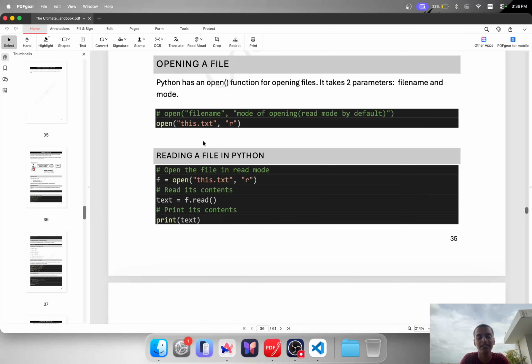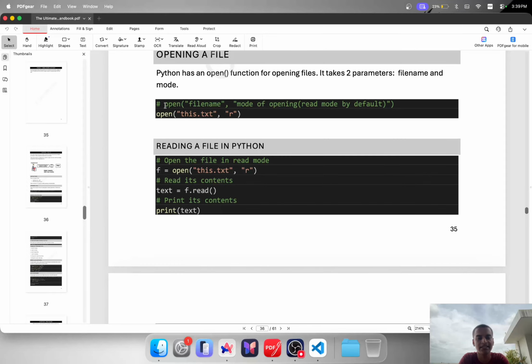यहाँ पे ओपन फंक्शन यूज होता है। Python has an open function for opening files. It takes two parameters, file name and mode. अब मोड क्या होता है, मोड मतलब रीडिंग मोड है या कौन सा मोड है, ठीक है, रीडिंग या राइटिंग, वो मोड हुआ। तो लेट्स से यहाँ पे हम जैसे कर रहे हैं